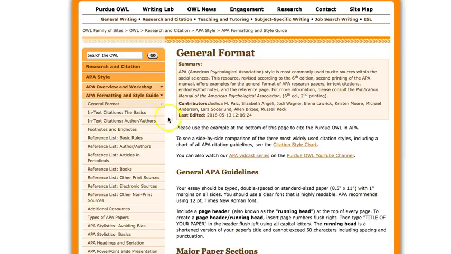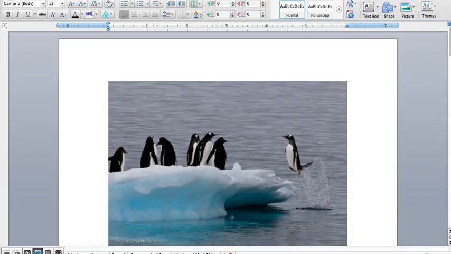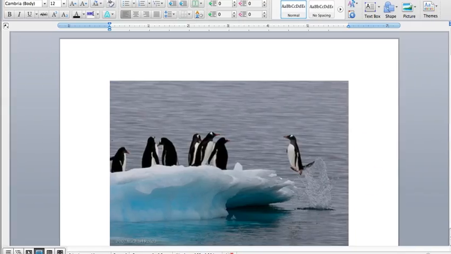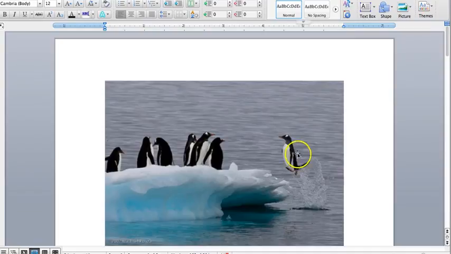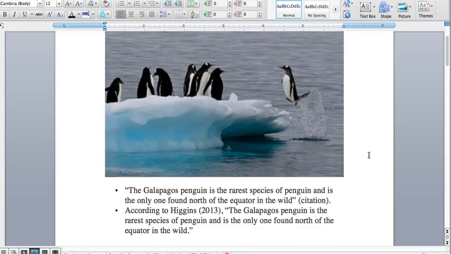What we're going to cover today is in-text citations, the basics, and we're going to talk about electronic sources, both peer-reviewed and non-peer-reviewed. Let's start with the non-peer-reviewed. I'm going to pull up the Word document right here, and as you can see, there are penguins here. So if I were to create a research paper on penguins and I wanted to cite something,